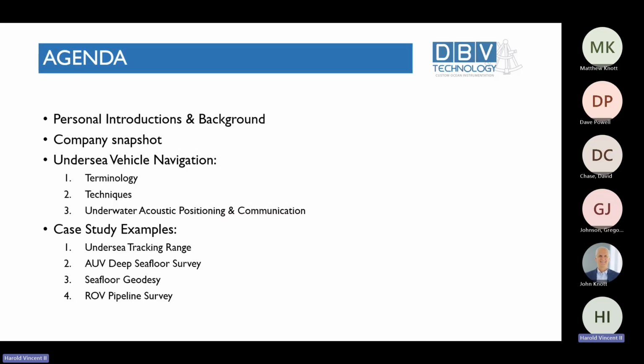We'll talk a little bit about techniques, and then underwater acoustic positioning and communication, and then go into a couple examples of where the undersea navigation and communications and this bridge to air and space takes place. And that'll be an undersea tracking range, the use of an AUV in a deep seafloor survey, a scientific area called seafloor geodesy, and then a commercial type application with an ROV pipeline survey. And right away, you can see that we've got two acronyms there,